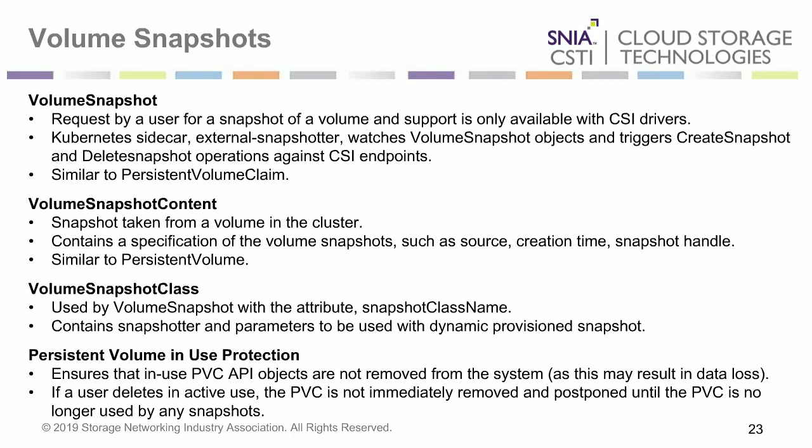And again, it'll be handled by the external snapshotter. So you don't have to write anything there from a driver's perspective. You just have to handle being able to do snapshots on the storage device. So the volume snapshot content is going to be information about the snapshot, the source, creation time, and the handle to it so that you can make use of it. So if you want to take a snapshot, mount it to another volume or another container, do some tests against it or ETL or whatever you want to do against that snapshot, it is there.